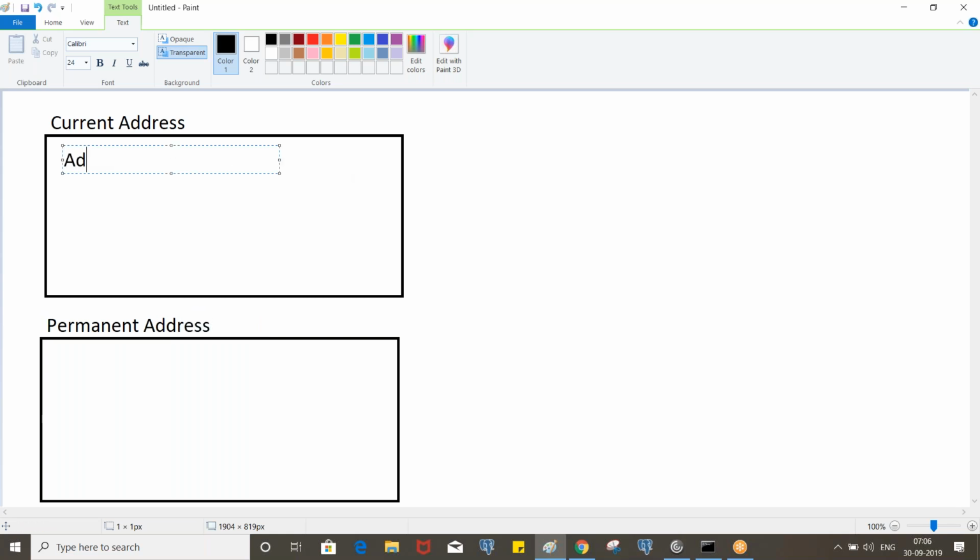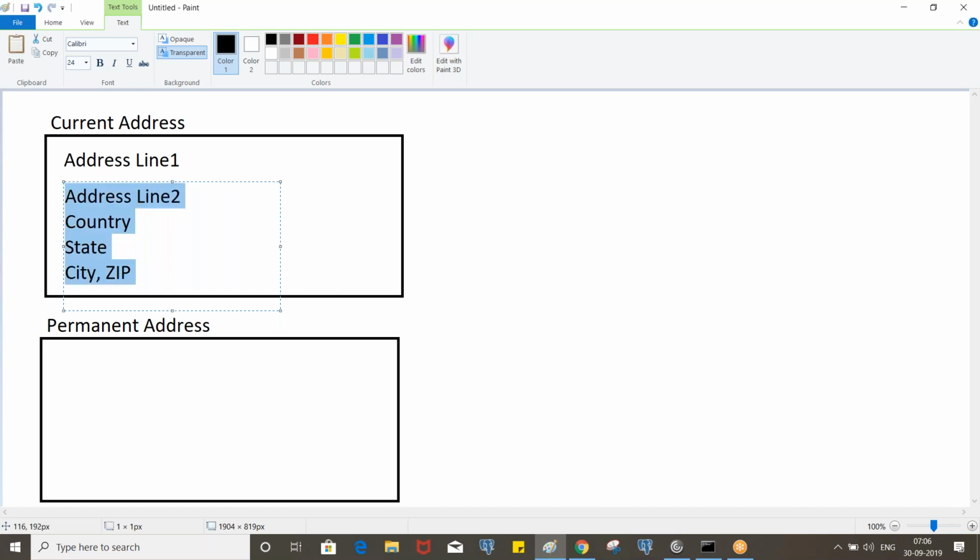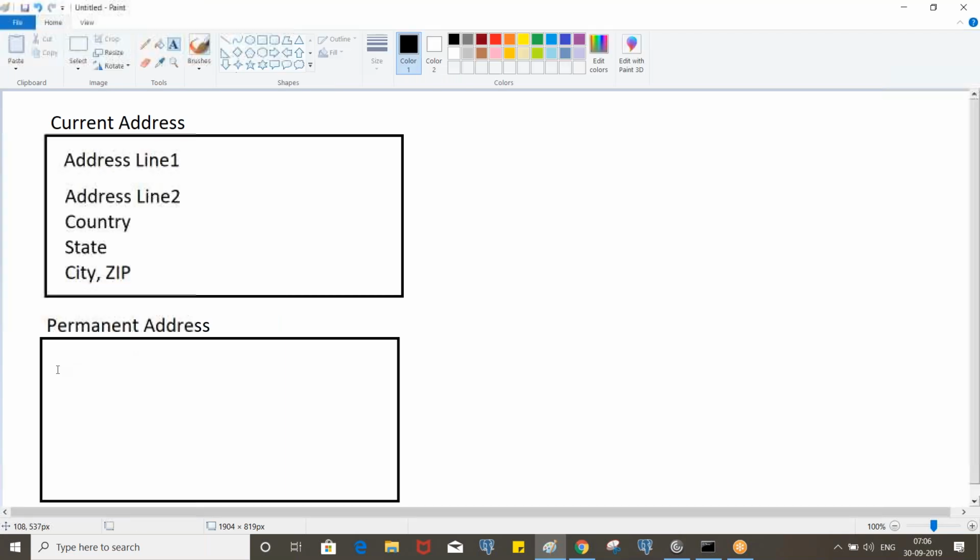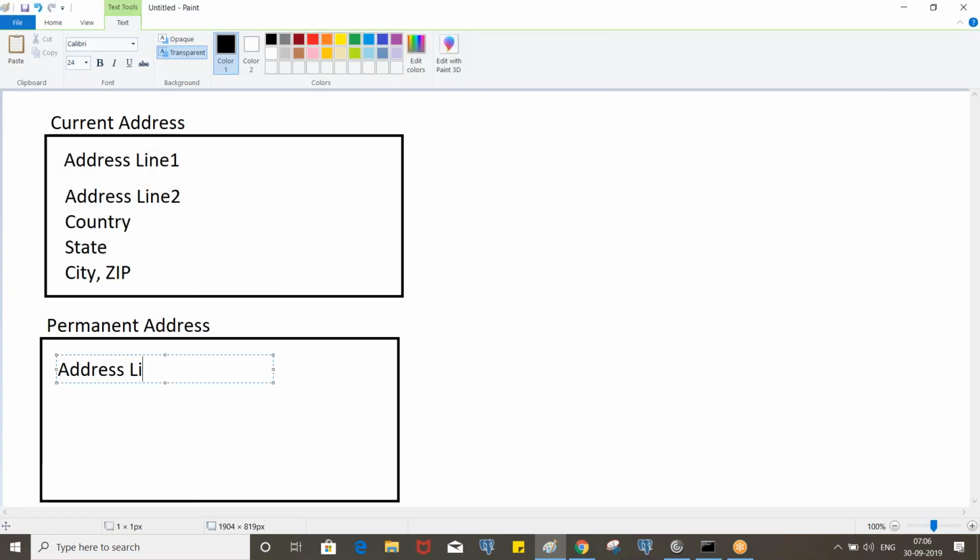Okay, so let's say address line 1, address line 2, country, state, city and zip code. So you will have the same details in the permanent also, right? Will you see different details or the same? Same.